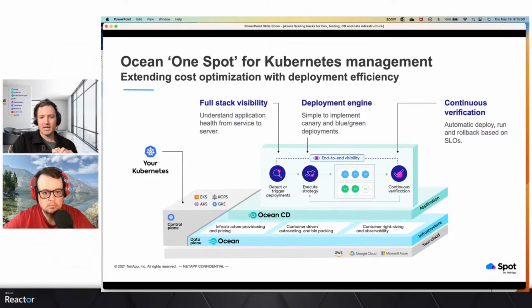And then we also have our Ocean for Apache Spark program that is focused on optimizing Spark over Kubernetes. And all of these solutions don't require you to replace anything with your control plane. You're just deploying our controllers, and we're helping optimize things along the way.